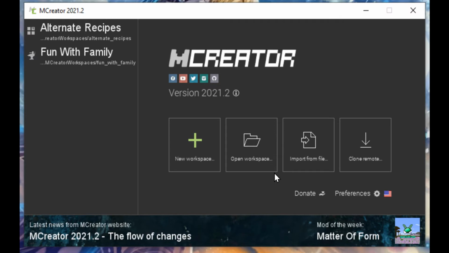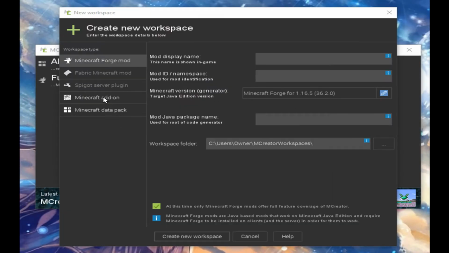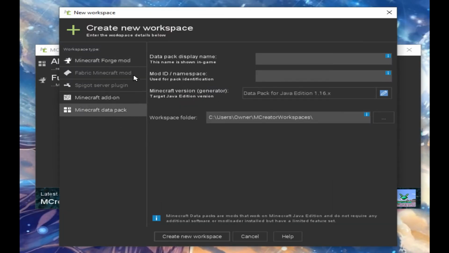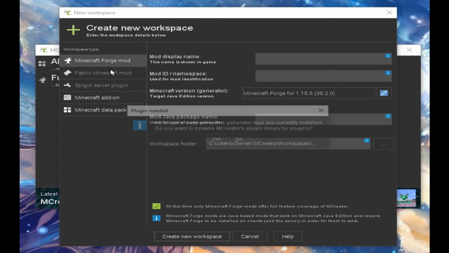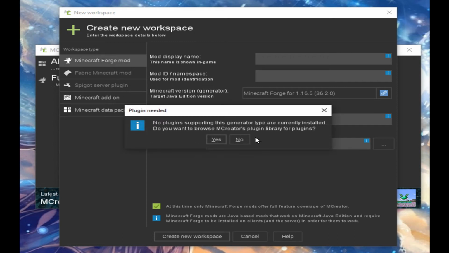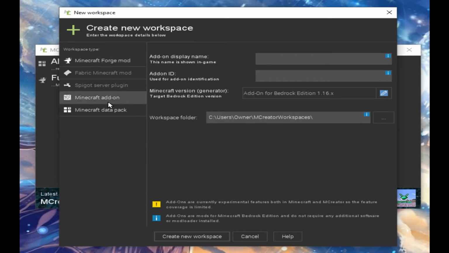But regardless of such, all you want to do is select new workspace. After doing such, you're going to have this screen that pops up. Now, it's going to ask you which one you want to do. If you want to create a Minecraft Forge mod, if you want to create a Minecraft add-on, if you want